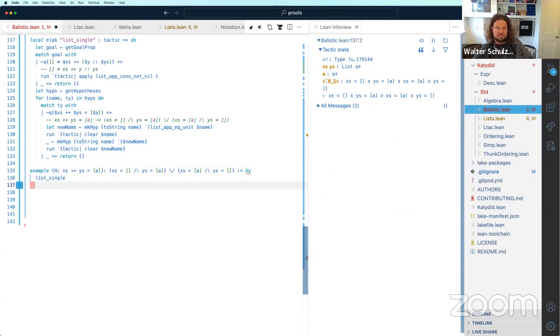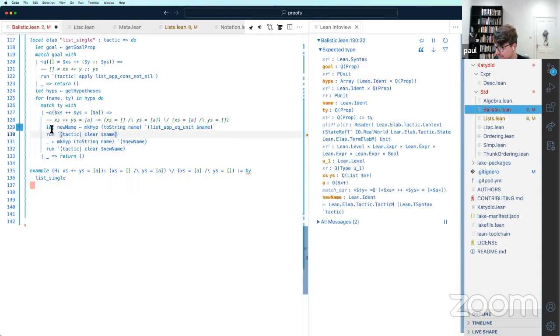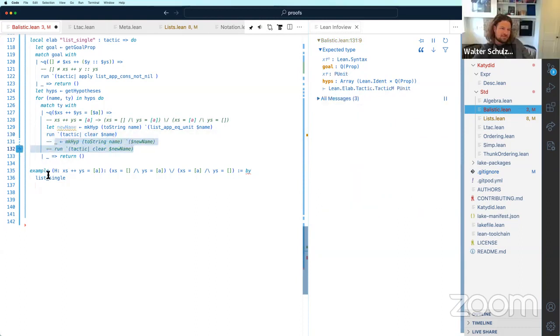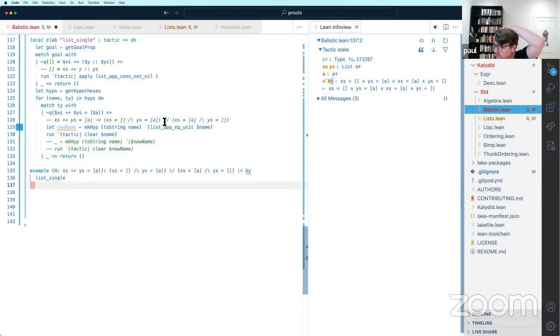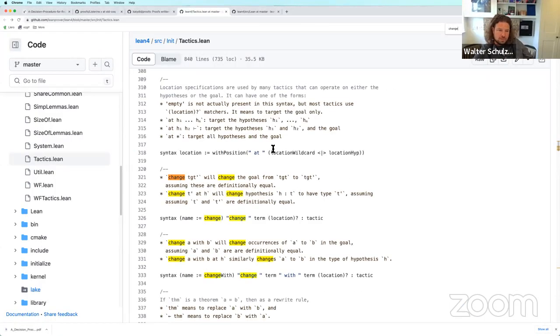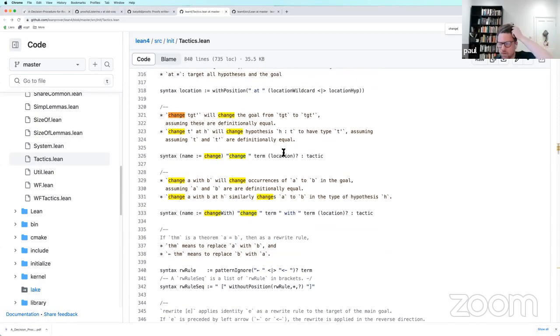Does it work, by the way? No, absolutely it doesn't work. Okay, let's see what this did first. Our first mistake is toString doesn't work. Oh, sorry. By the way, there is a tactic change.